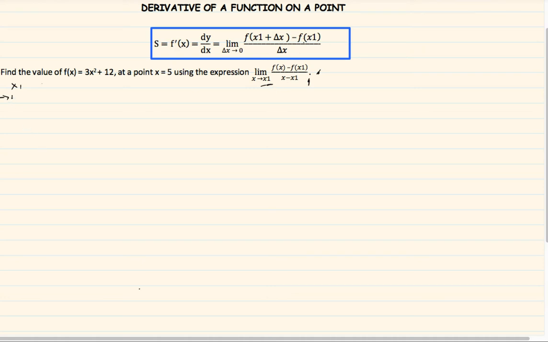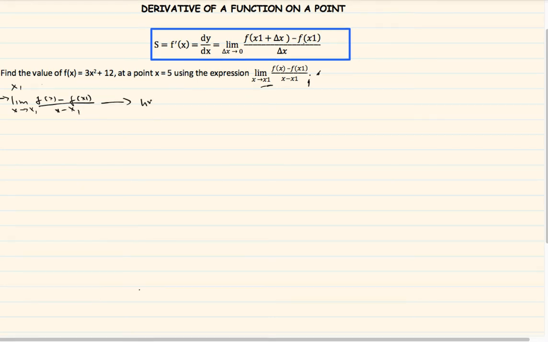So the limit when x tends to x1 of f of x minus f of x1 divided by x minus x1 becomes the limit as x tends to 5,